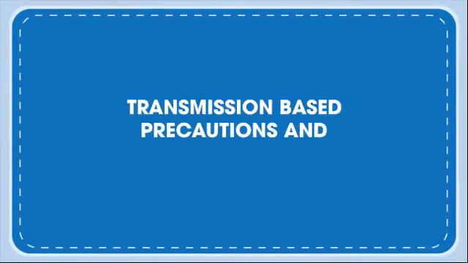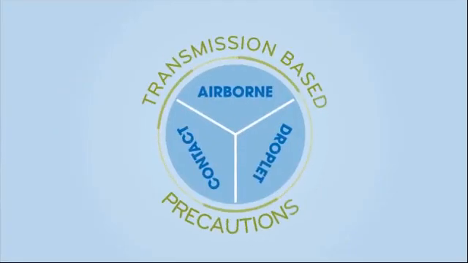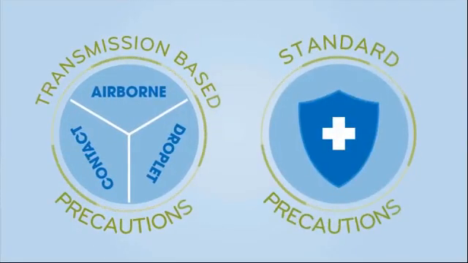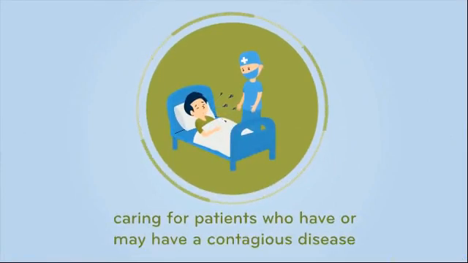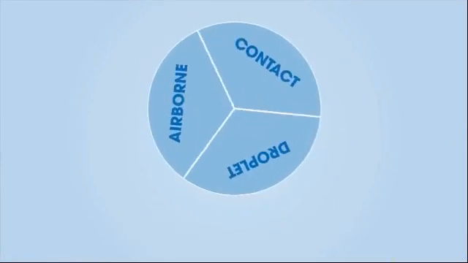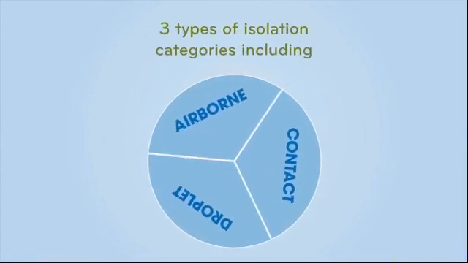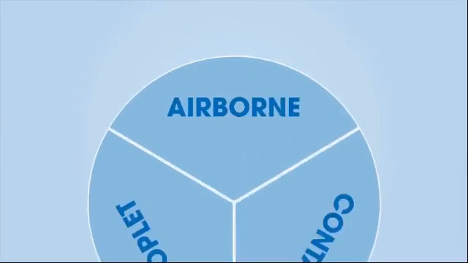Transmission-based precautions and isolation categories. Transmission-based precautions are used in addition to standard precautions when caring for patients who have or may have a contagious disease. Within this group, there are 3 types of isolation categories, including: